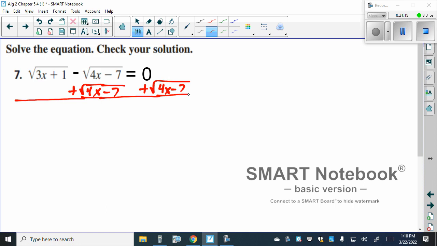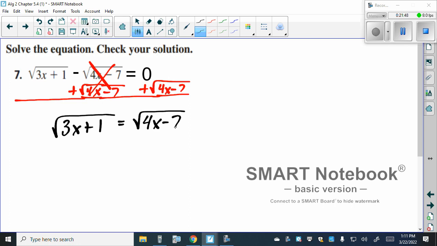Because the square root of 4x minus 7 is just a term, an expression, if we add something that's being subtracted, they cancel out. Because I have a negative of the 4x minus 7, if I add a positive 1 to it, this becomes 0, telling me that I have the square root of 3x plus 1 is equal to the square root of